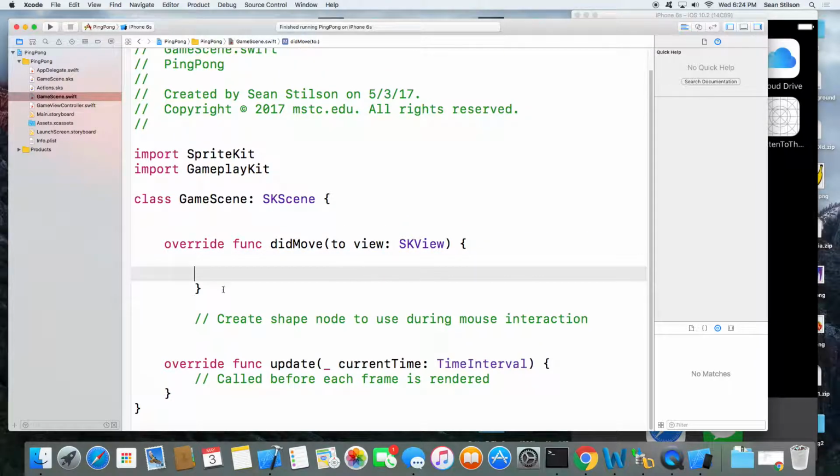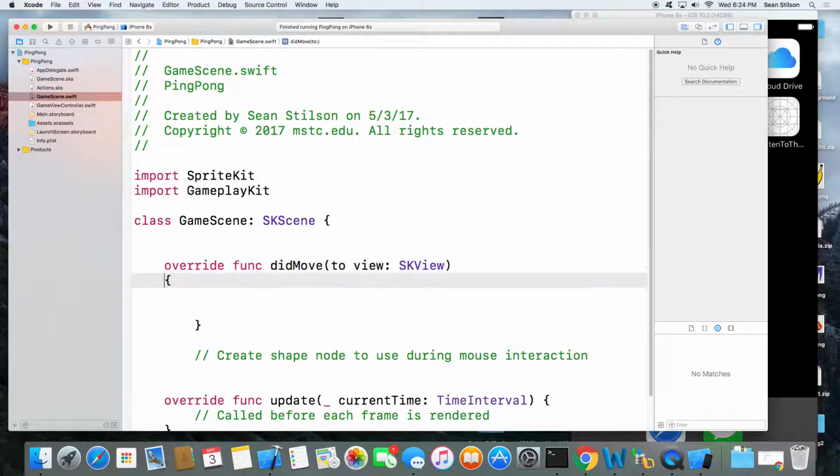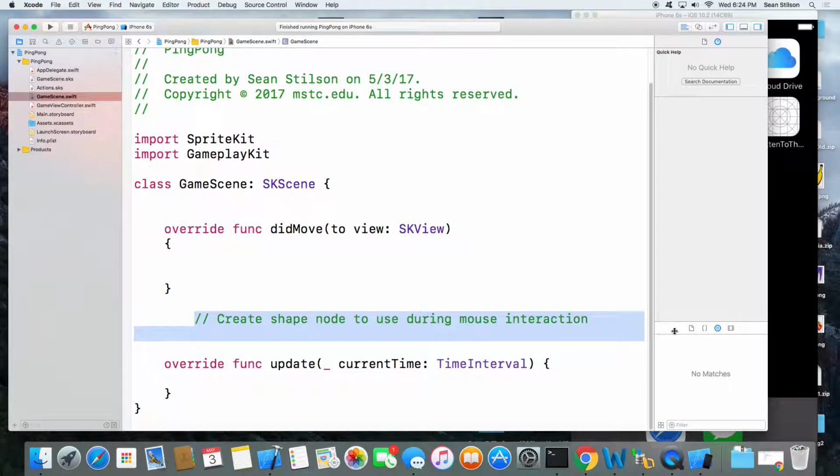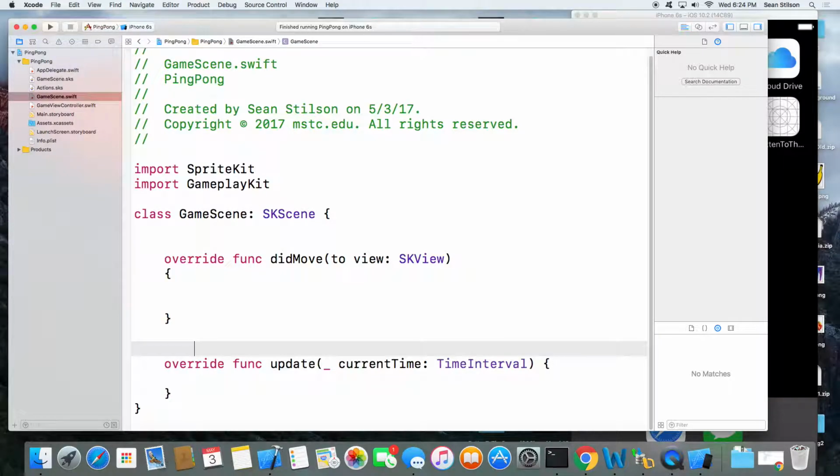Like you say, the did move to view is kind of the equivalent of view did load. It allows you to initialize your scene. And the update happens every time a frame is refreshed, so at the beginning of every new frame, this gets called. Now I've got an empty scene, which is exactly what I want.